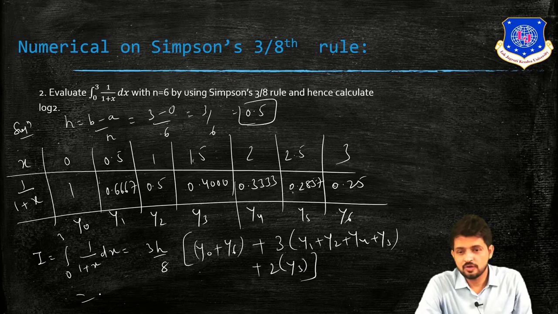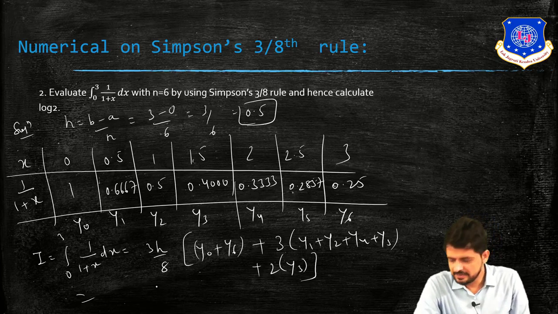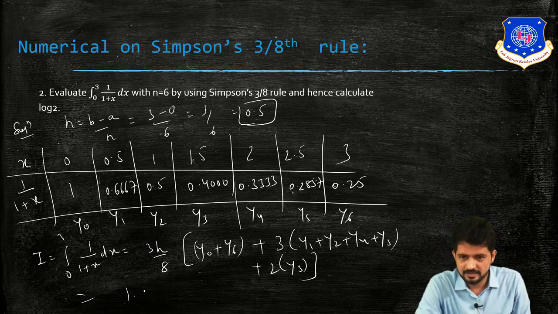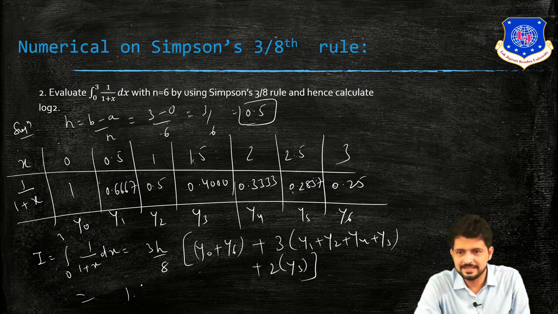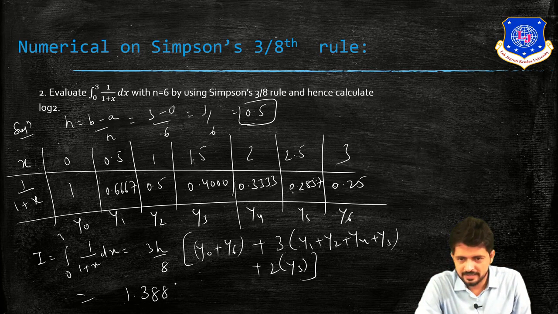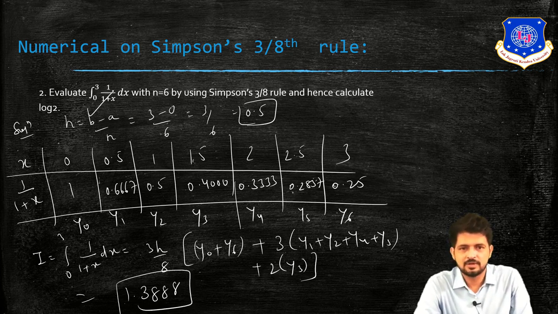After placing all of these values in this, you will get the value of this integral. The value of this integral will be 1.3888. Okay. See, this is the value of this integral, but still we have to find the value of ln 2,